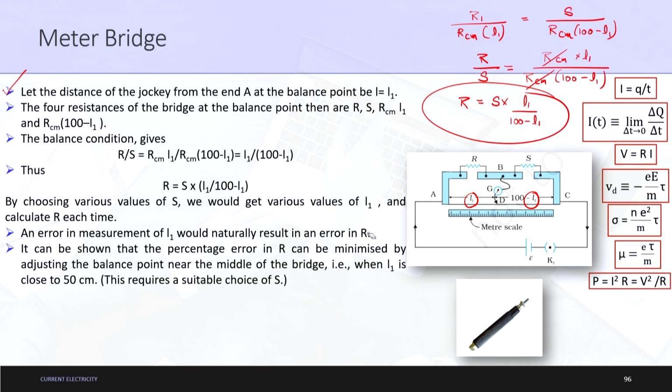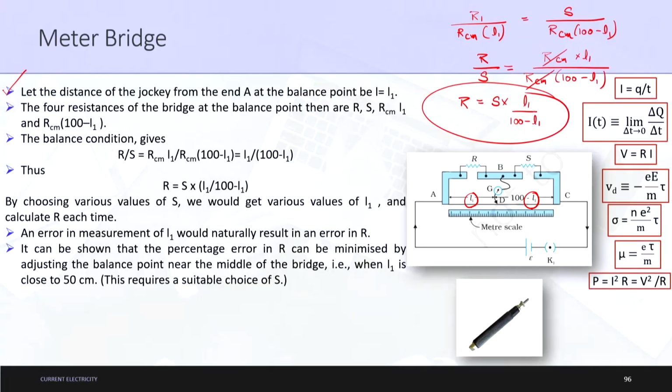It can be shown that the percentage error in R can be minimized by adjusting the balance point near the middle of the bridge, that is when L1 is close to 50 centimeters. This requires a suitable choice of S. So, what does this last line say? I will try to explain, and that will be the end of this lecture. We should at least know the range of that resistor capital R. Let us suppose it is around the range of 100 ohms. So, we should take the value of S also equal to 100 ohms, so that we will get the value of L1 approximately equal to 50, and hence there will be